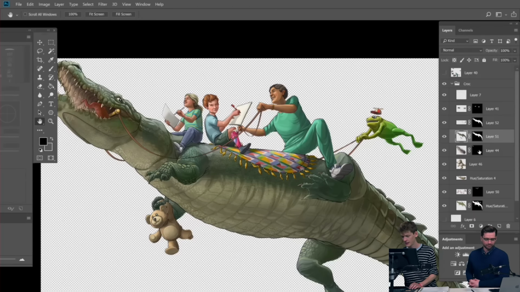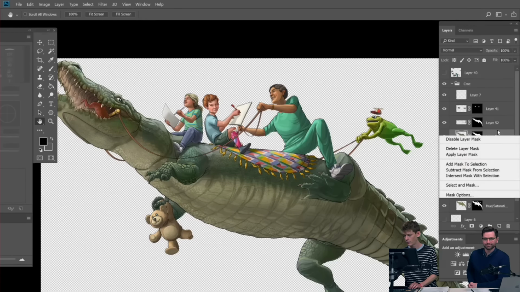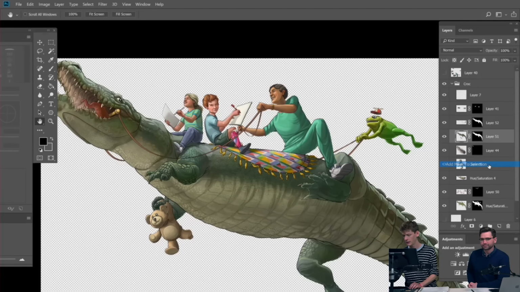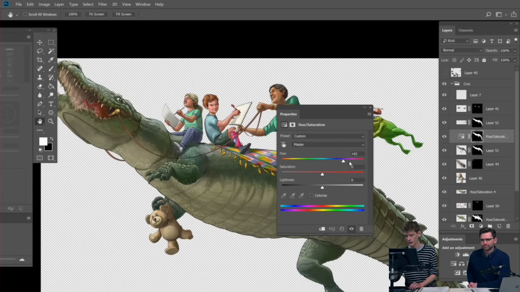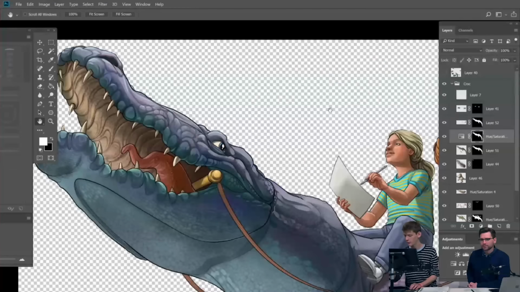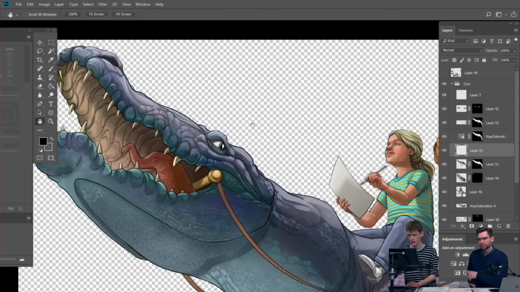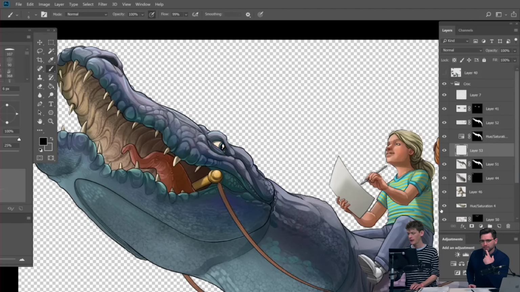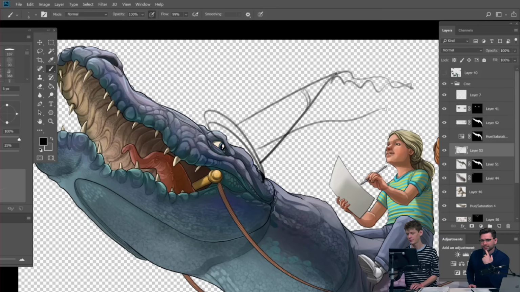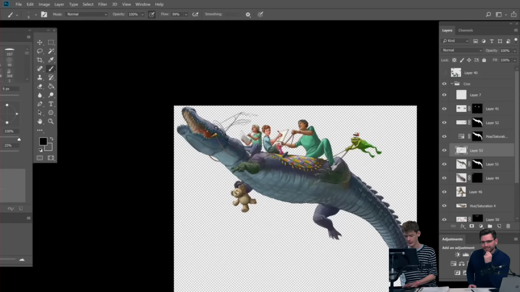With something like this, the client says, I don't like green crocodiles, I'd like a blue crocodile or a purple crocodile. So I can make that change quickly in this file. I don't have to worry about all the lag that would go with it. So you just have a mask set up there and you're just changing it in the adjustments? Yep. I just duplicated the mask and changed the adjustments, and then say we give him a little witch's hat with a feather coming off, or a ribbon, whatever. Anyway, we make our little changes to our crocodile.